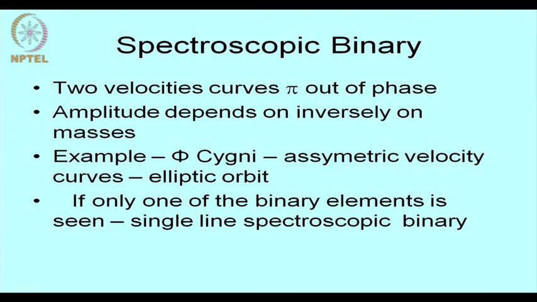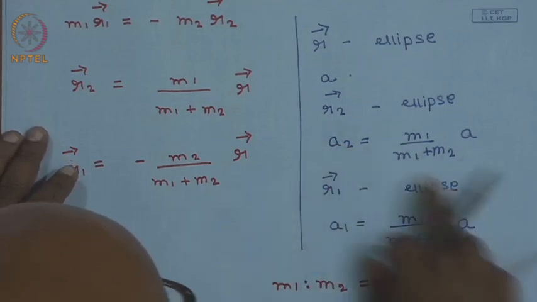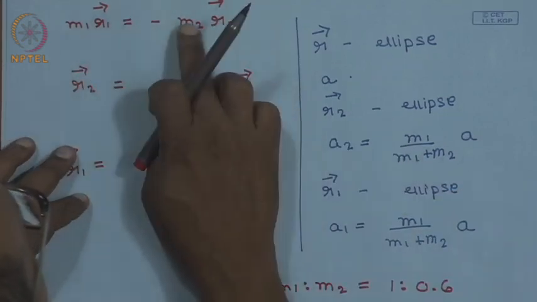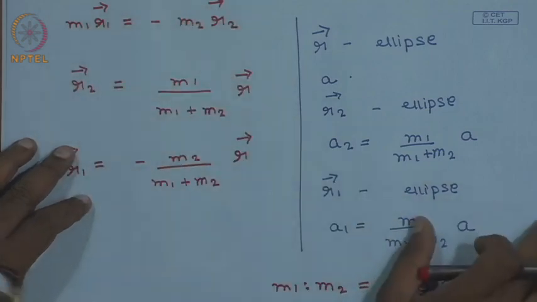So, these are characteristic features of spectroscopic binaries. In a spectroscopic binary, you have two velocity curves. If you can identify two spectral lines from the two different objects, then you will find that they have two different velocity curves which are exactly pi out of phase. The radii of the two objects are inversely proportional to the masses, and the velocity